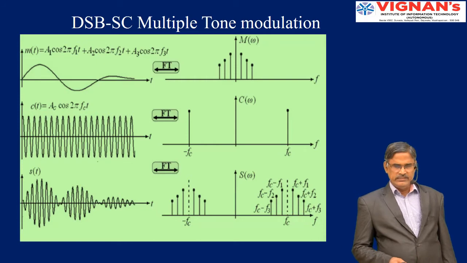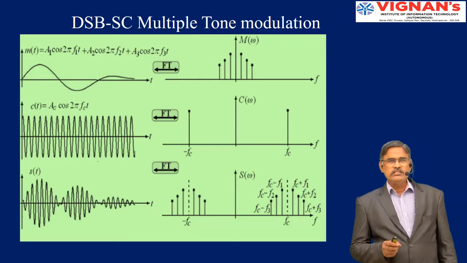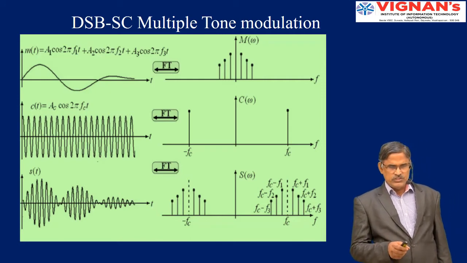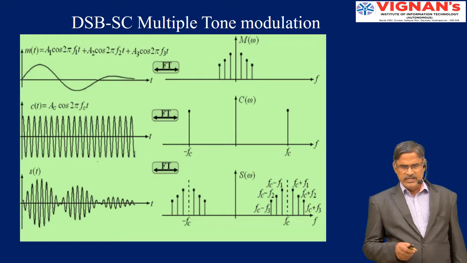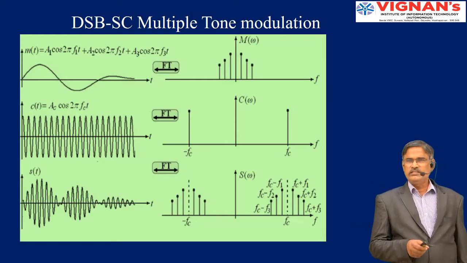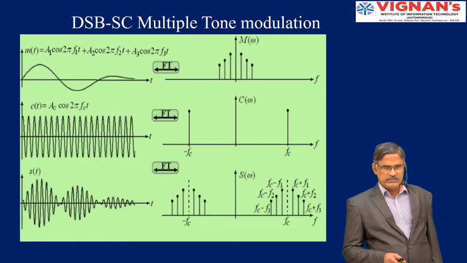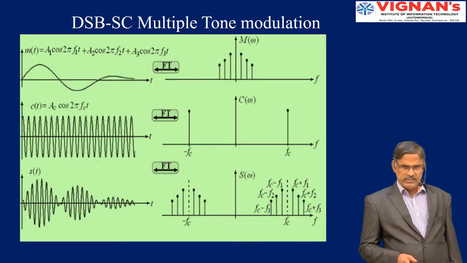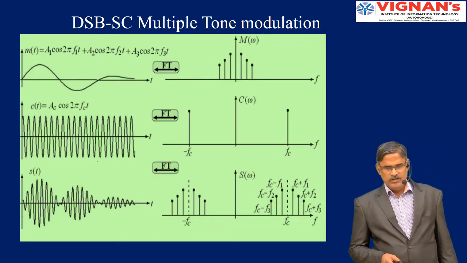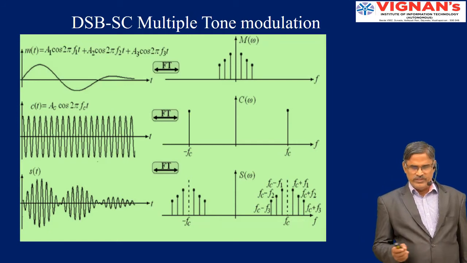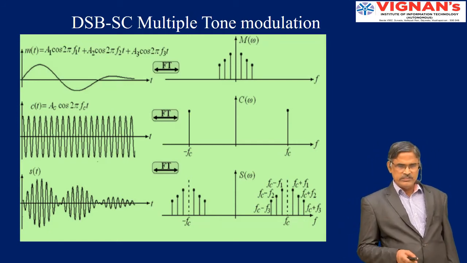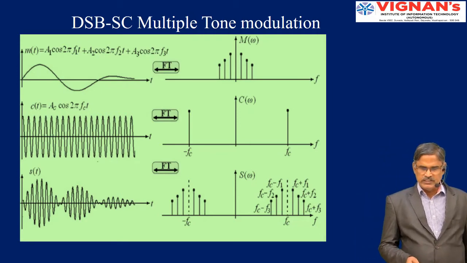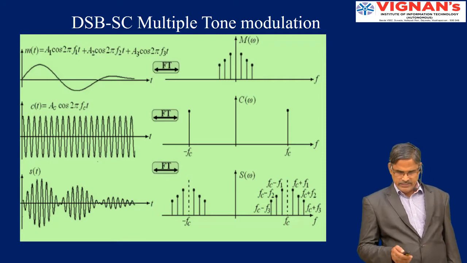And here, in this slide, previously you have considered a waveform of a single tone. Now on the left hand side, first column, first row, you are seeing a message signal. It is not sinusoidal because it is made with 3 sinusoidal frequencies F1, F2, F3. This message signal is multiplied by the carrier signal and you are seeing the product signal. For each frequency of the message signal, 2 frequencies are generated. So there are 3 frequencies in the message signal, so it will generate 6 frequencies, and you can see the 6 frequencies in the frequency domain.